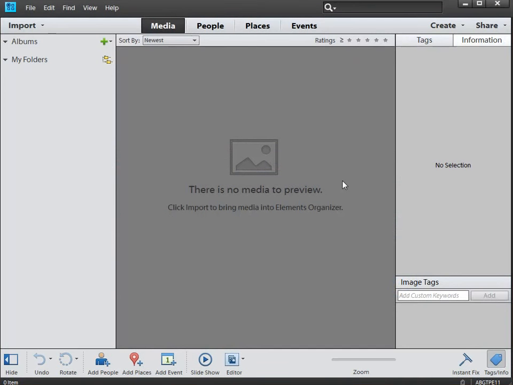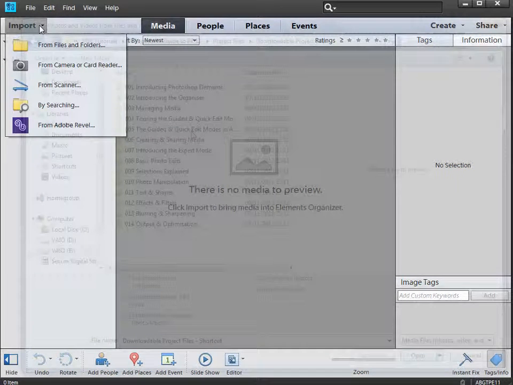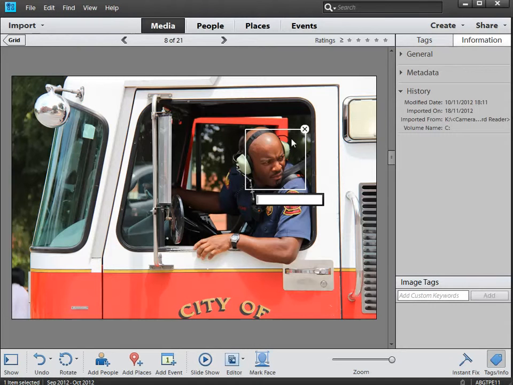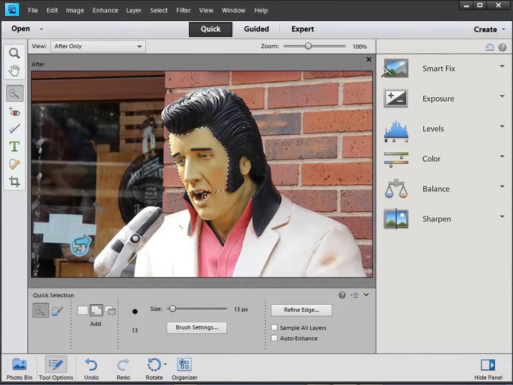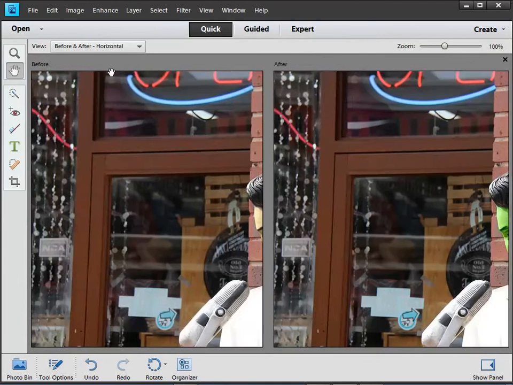So we'll start off in the Organizer, where we'll look at how to import media so that we've got it available to us, and then how we tag it so we can find it later on when we need it. In the Quick mode, we'll look at the best ways to apply fast, simple modifications, including taking a photograph of Elvis and turning his face green, a good, light-hearted exercise that will really help me to explain the simplicity of